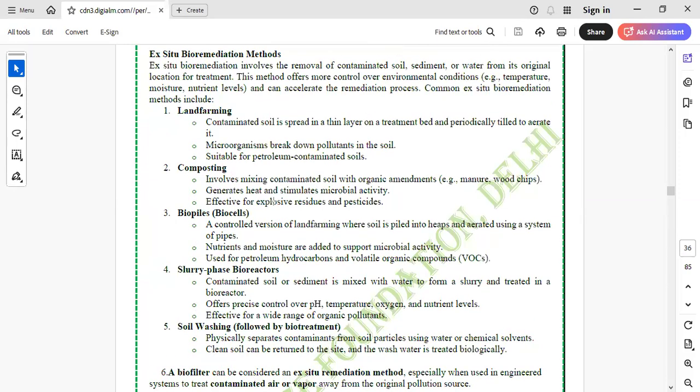You can see here that ex situ remediation methods of bioremediation involve the removal of contaminated soil, sediments or water from the original location for treatment. This method offers more control over environmental conditions, that is temperature, moisture and nutrient levels, and can accelerate the remediation process, right? So as far as the common ex situ methods of remediation are concerned, land farming is one of them, composting another, biopiles or biocells, slurry phase bioreactor, soil washing followed by biotreatment, and a biofilter is also an ex situ remediation method। ये आपको ध्यान रखना है, ये सारे ex situ में आते हैं।